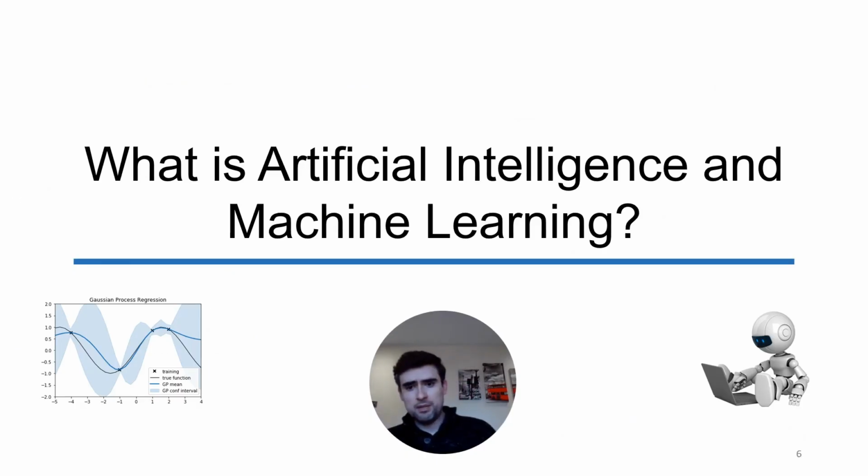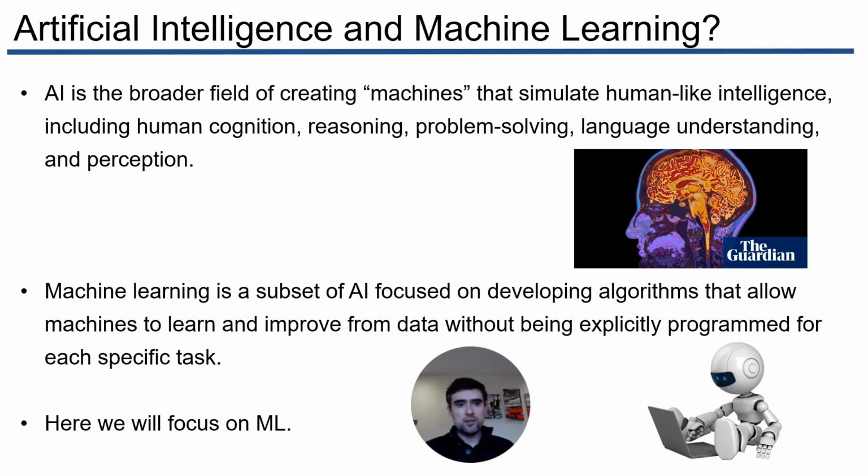Okay, so a typical first question is, there are a lot of buzzwords going around. What is the difference between machine learning and artificial intelligence? I just generally like to set the scene on these two different topics. The first one, and I'm going to speak broadly here, making a few simplifications, is artificial intelligence, which is more about the overarching goal of creating machines that simulate human-like intelligence. This goes into human cognition, reasoning, and for this, you have to delve into things like